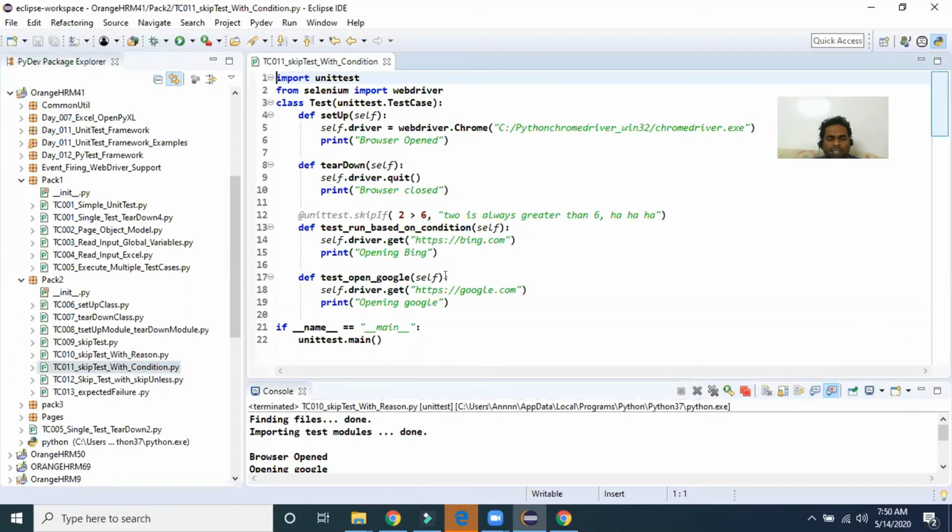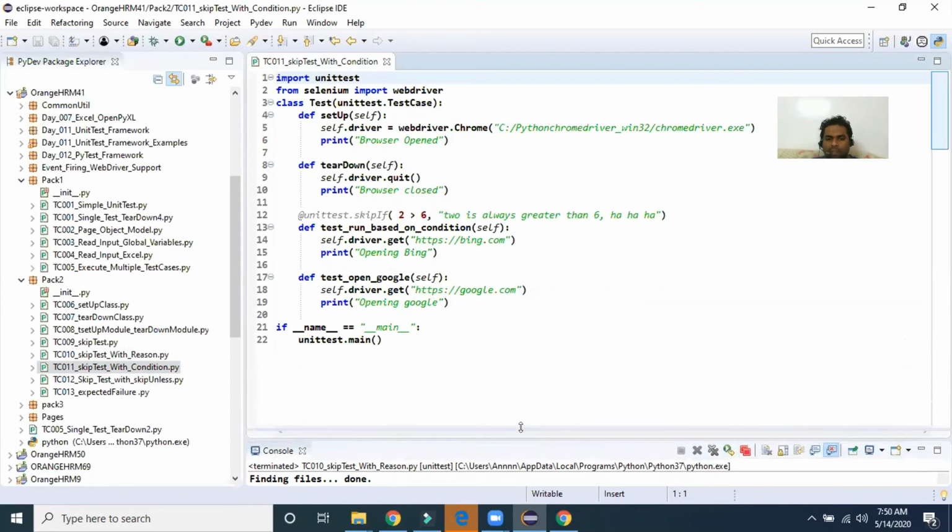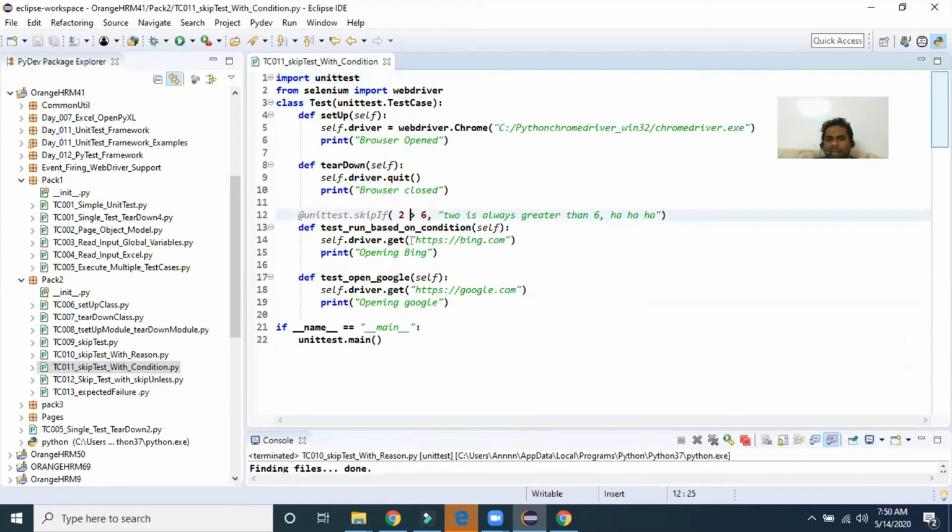And now let's see the skip test with condition. So here I'm writing a condition. This is the skip test with reason I have mentioned, and here I can also add one condition.